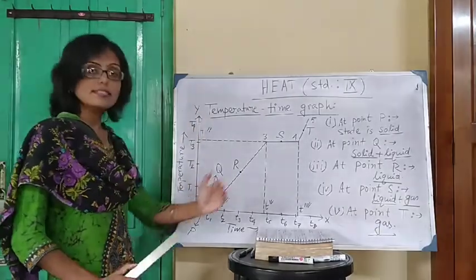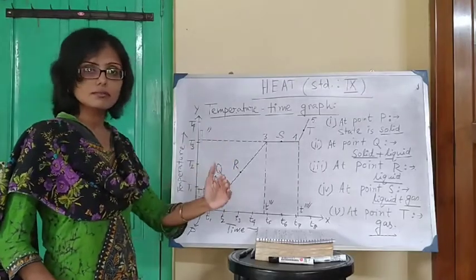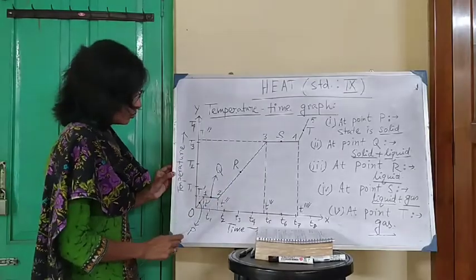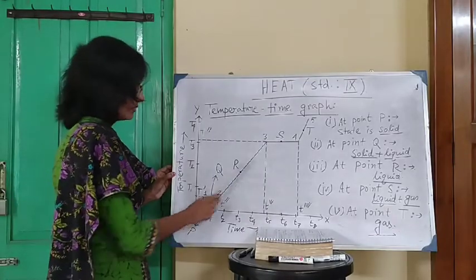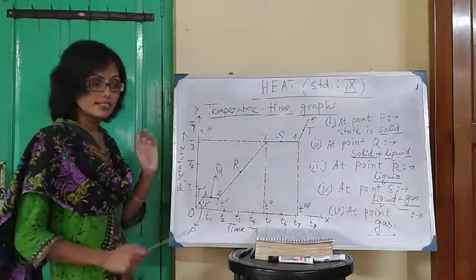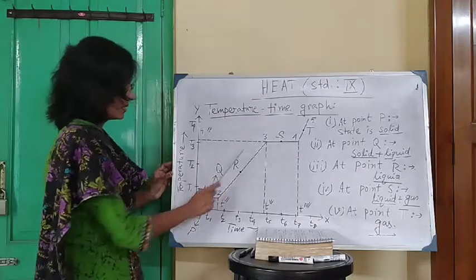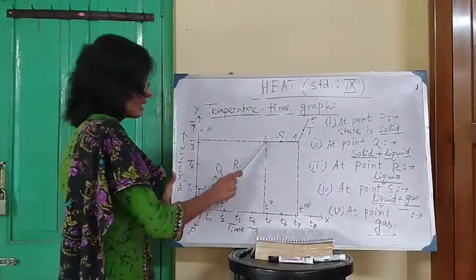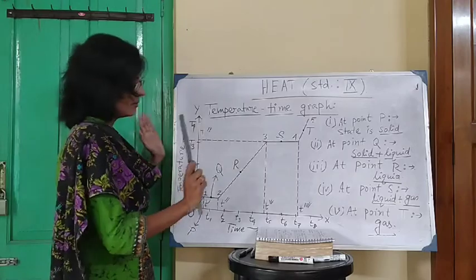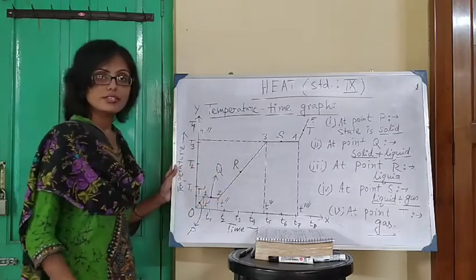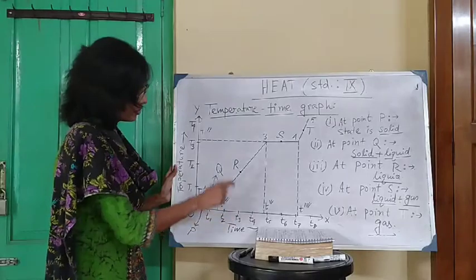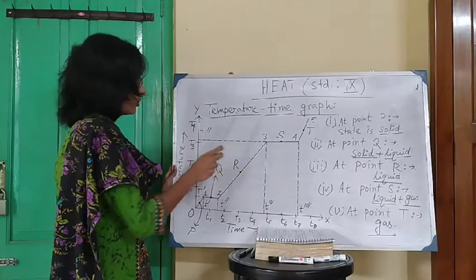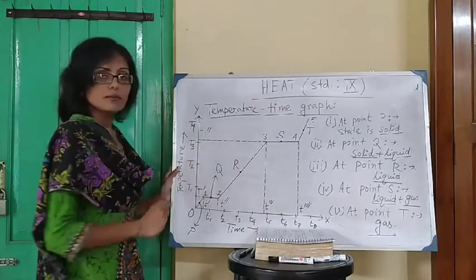Here we are again supplying constant heat from outside. So time is increased. This straight line indicates the increase of temperature with time for the liquid form. Suppose at a particular instant of time, the liquid reaches point 3. The corresponding time is t triple prime. Clear? And the corresponding temperature is big T double prime.